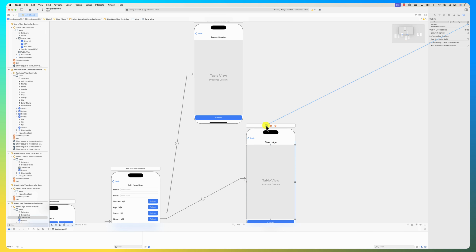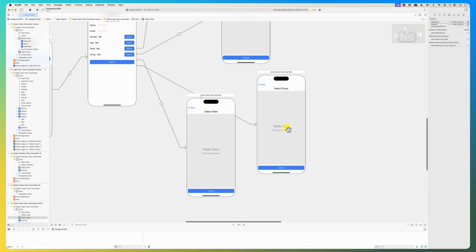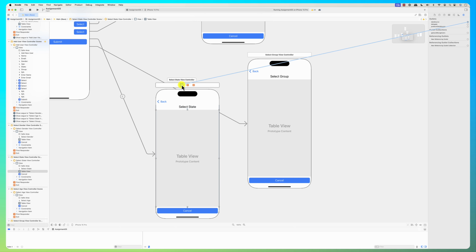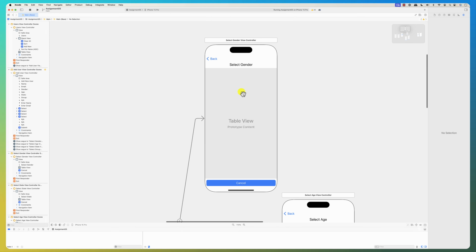And here we are, delegate and data source. So I did it for age, and let's do it for the group one also. Here the data source is this one, and the delegate is this, and similarly for the state. Here's the delegate and here's the data source. Good. So I already set up this, and now for the gender view controller, I'm going to, if you look